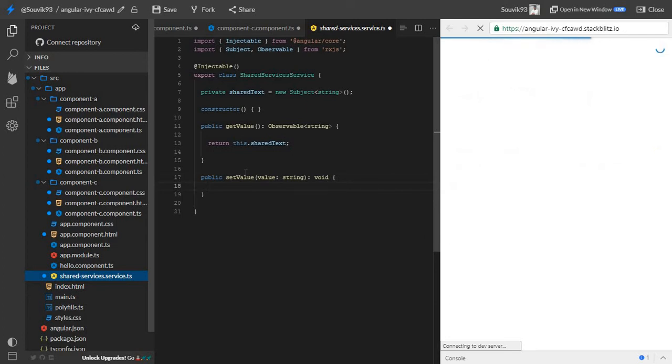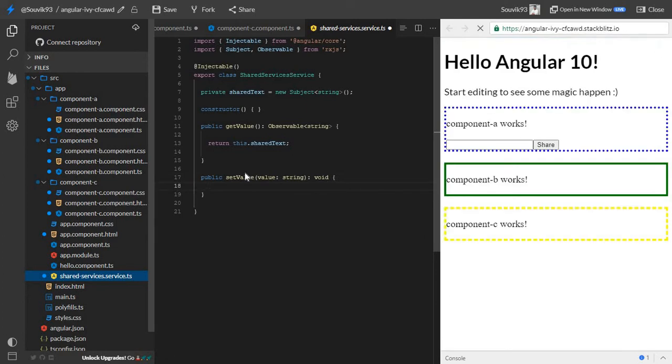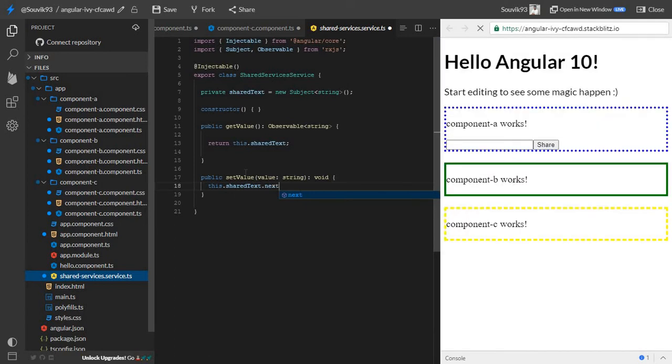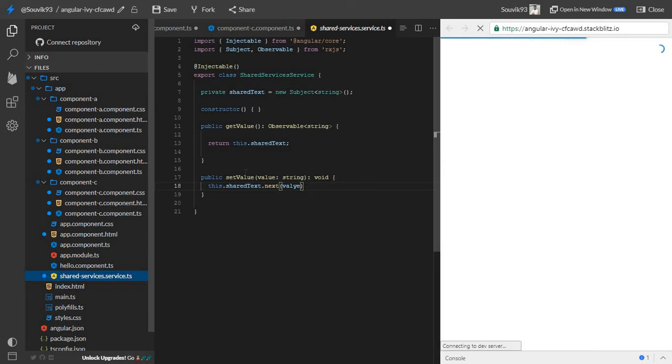To set a value in a subject, we just need to call the next method of the subject: sharedText.next. A subject comes with some inbuilt methods: next, complete, and error. Next means you are pushing a new value to the subject. Whatever value I am getting, I am just setting it as next.